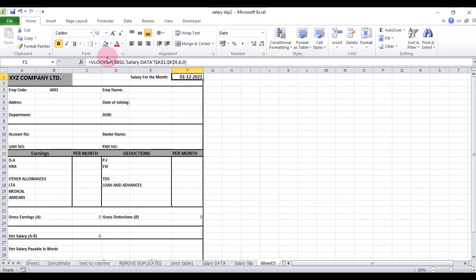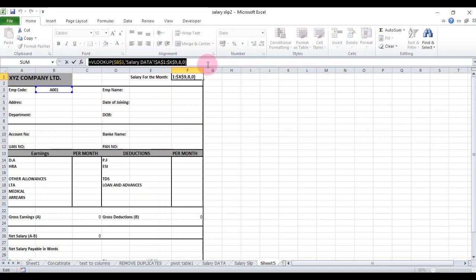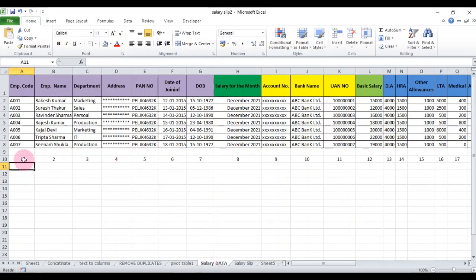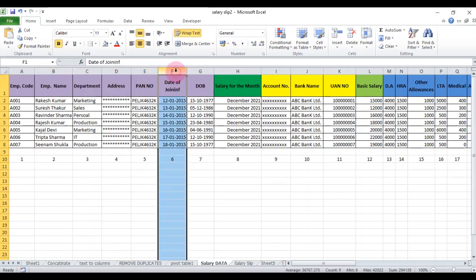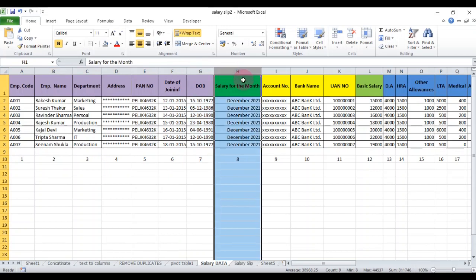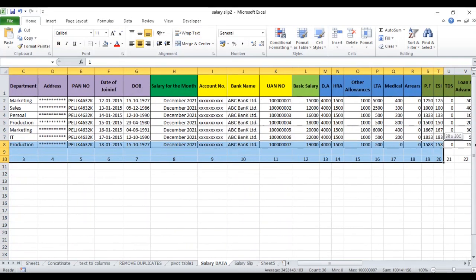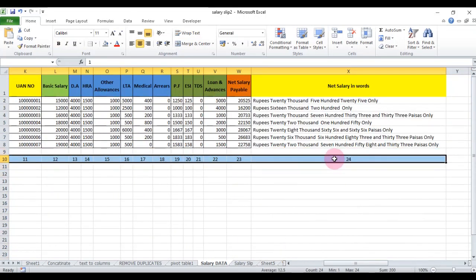Then you copy this formula, press escape. First of all, I want to discuss that I have given the numbers in the function at the end of the function. These are the column numbers. We can give numeric numbers, not alphabetic like H, I, J. No, we can give 8, 9, 10. From here we can start and we can end at 24.